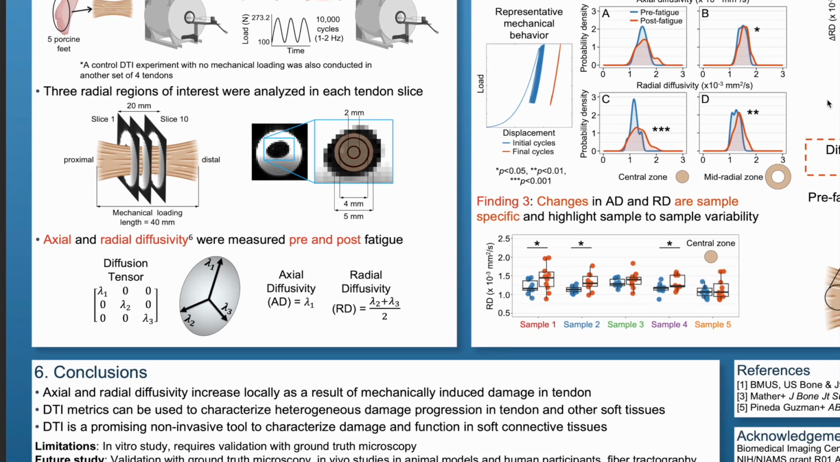Our conclusions show that axial and radial diffusivity increase locally as a result of mechanically induced damage in tendon. We can also see how DTI metrics can be used to characterize heterogeneous damage progression in tendon and other soft tissues, and also how DTI is a promising non-invasive tool that can characterize damage and function in soft connective tissues, and that can be implemented in the clinical setting in order to address pressing needs in the treatment of connective